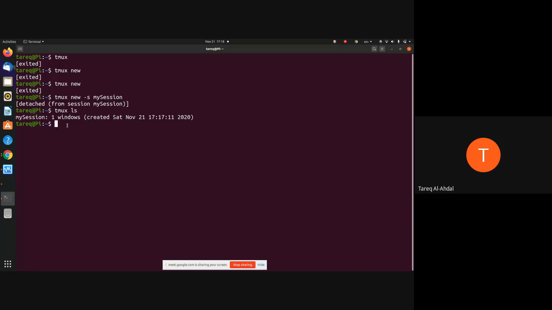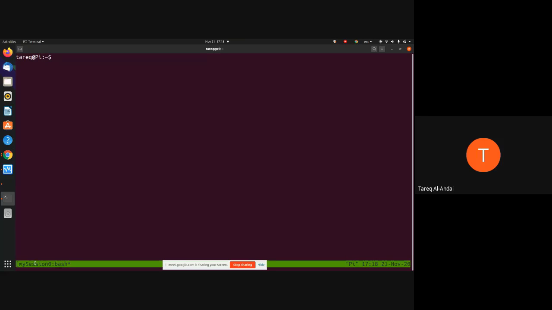So let's get back to that session. In order to do that, you could do Tmux A, you could do attach, or A for shorthand, and then dash T. Dash T here means target. So you're targeting which session. Maybe you have multiple sessions and you want to attach one session specifically. So T is for target. So T, then my session. Now you're back to my session. You could also kill the session. I've shown you, like exit. You could have Tmux kill